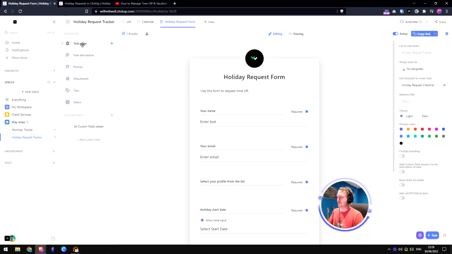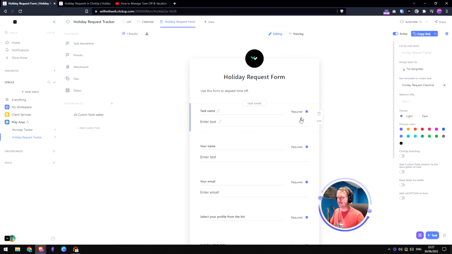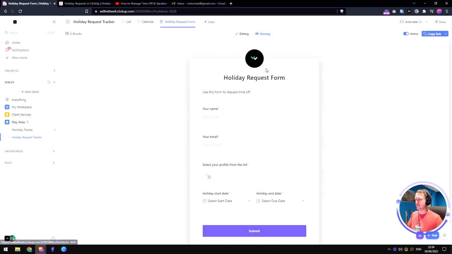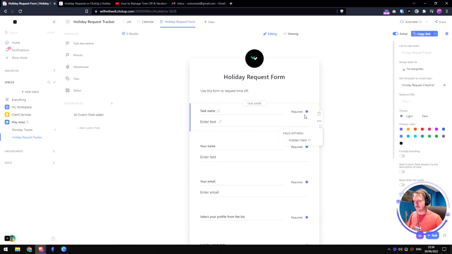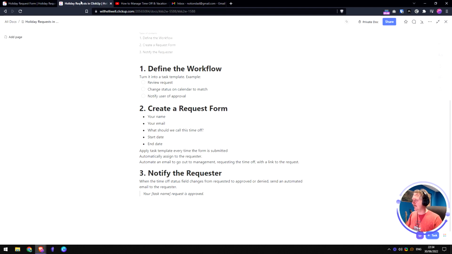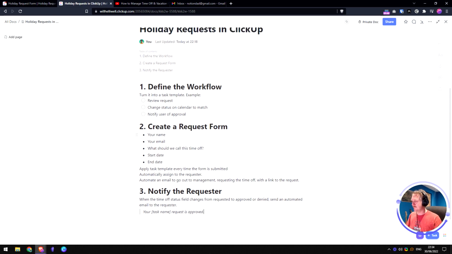So what do we want to set the task name as? Because it would be good to put the assignee's name in it, but we're a bit stuck there. So let's just say, so what we want to do, we put that at the top there. So we've got a holiday request form. The task name, for some reason, isn't. Well, let's get them to fill this out. So what did we have before? We wanted it to be